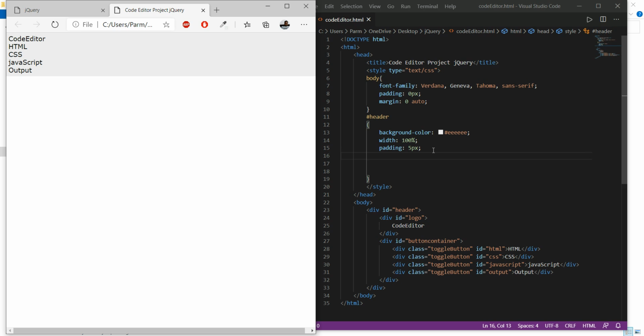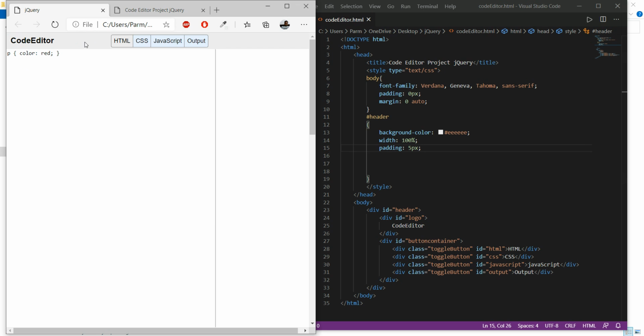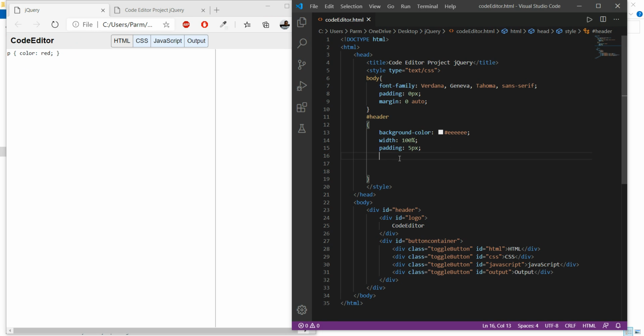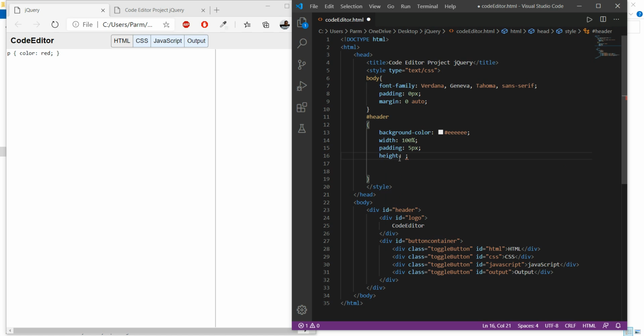And then we need to set the height of this. So I have to set its height around this much height. For this I will write height is around, say, 20 pixel.